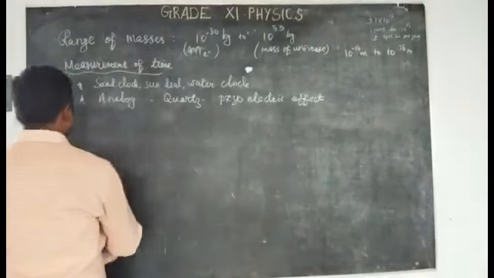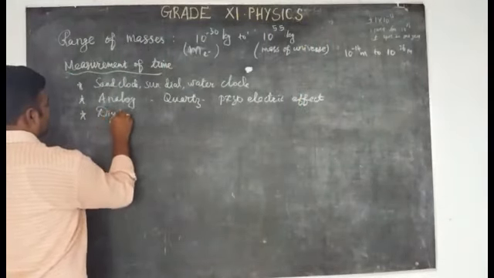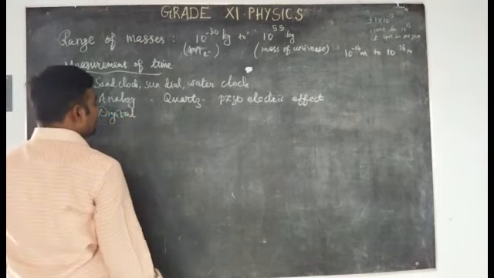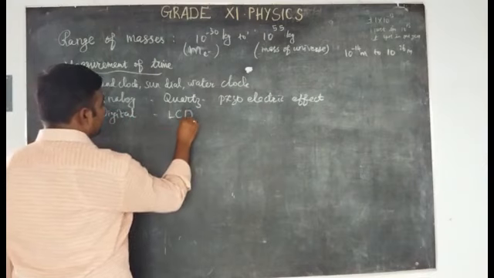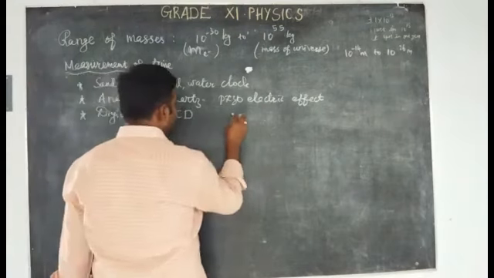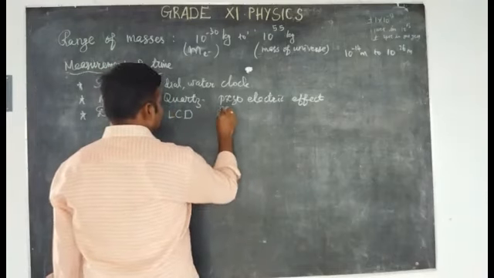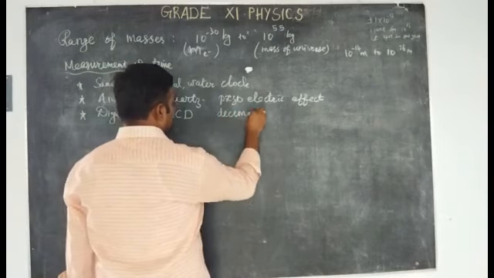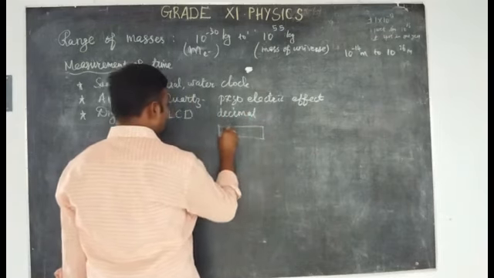To avoid the error, they next invented digital clocks. The digital clocks have a greater accuracy. The digital clock uses an LCD, that is, a liquid crystal display. It shows mostly binary numbers, 0, 1 based only. Okay, it uses the decimal system. It shows on the display. On a calculator you can see that it is the LCD only.